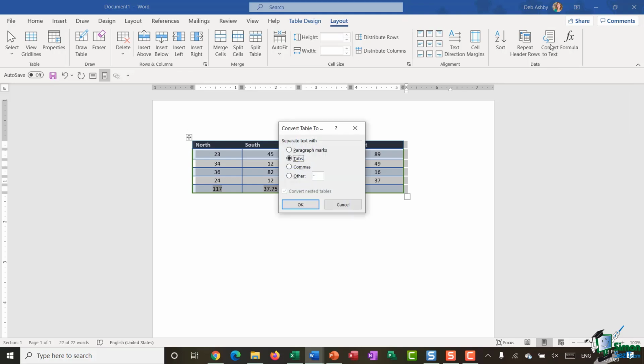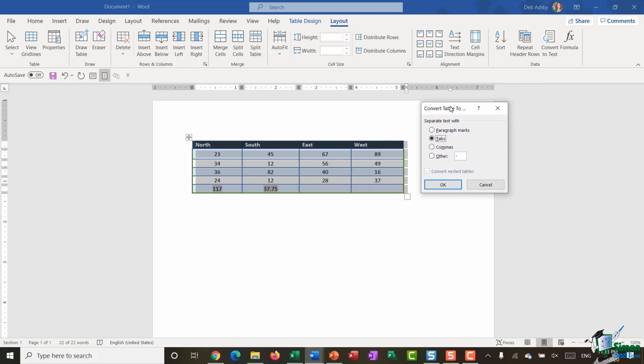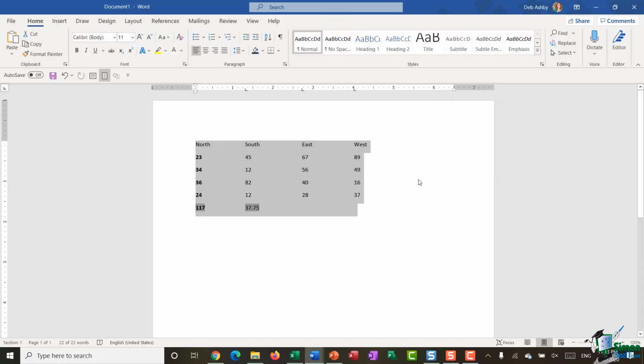Text. Now, when you click that, it's going to ask you, how do you want these fields to be divided up? So when it takes it out of the table, there's no longer going to be columns and rows in order to separate these values. So Word is asking you, how do you want to separate the text? With paragraph marks, with tabs, with commas, or with something else? Now, in this case, I'm going to utilize tabs. Click on OK. And you can see that the data is now out of the table and everything is separated